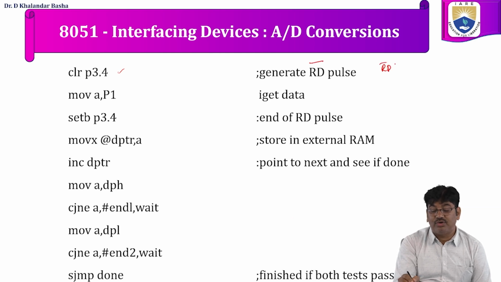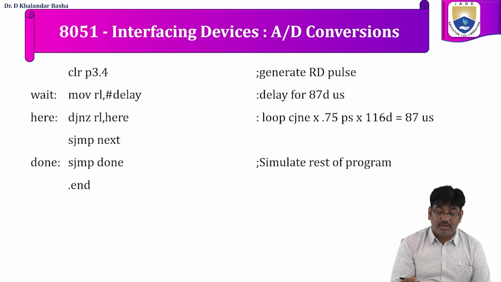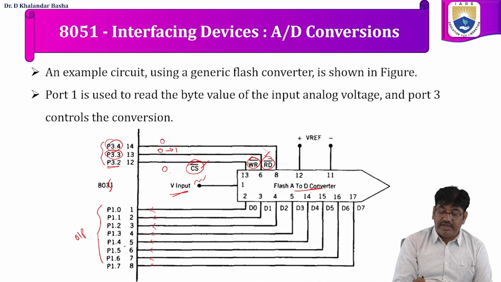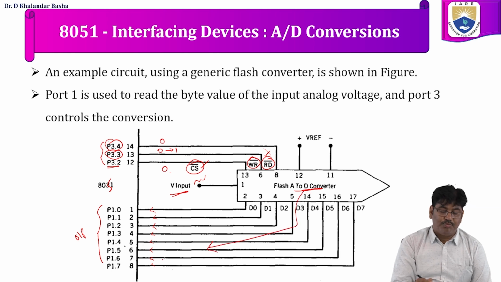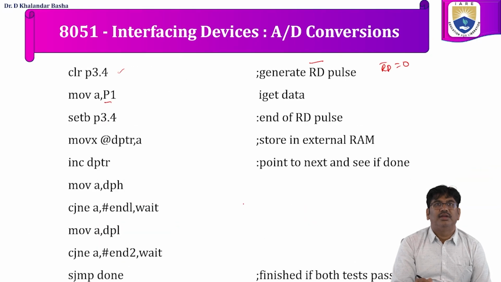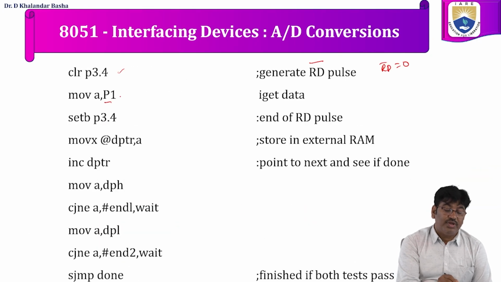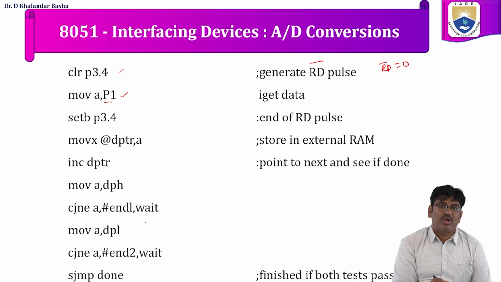As the read pulse is an active low signal, when you make the read pulse 0, the reading process will start. Next, for getting the data after conversion, the data will come from this A to D to port 1. We want to read this data of port 1 into the accumulator, so we write the instruction MOV A, P1. This will copy the converted digital value for the given analog signal, which is available at port 1,